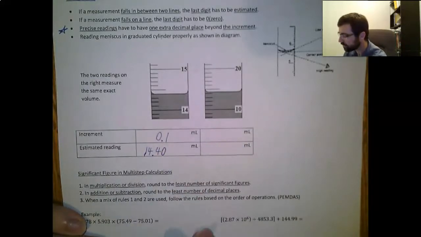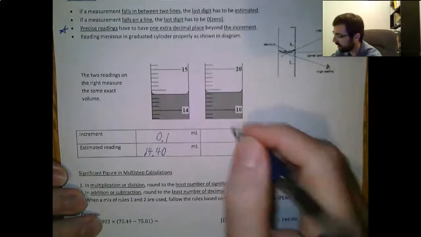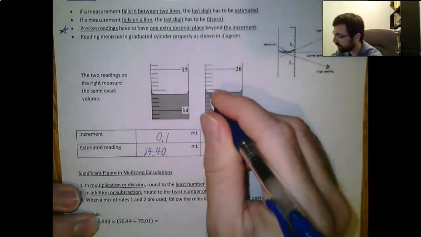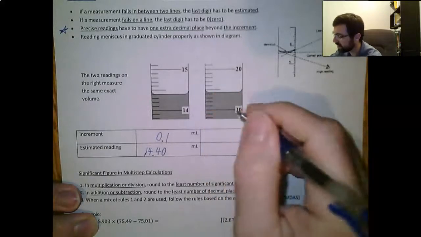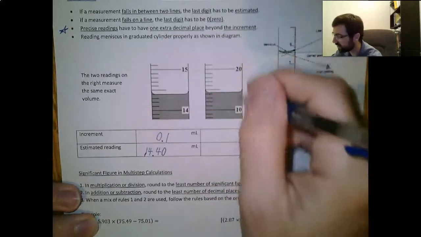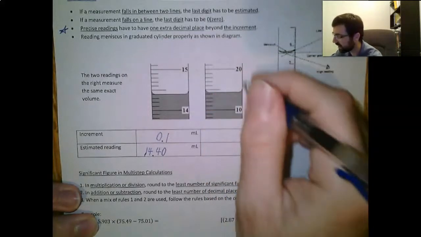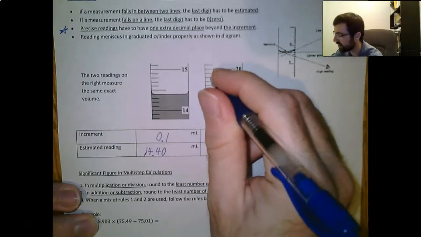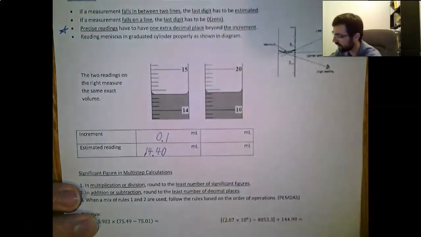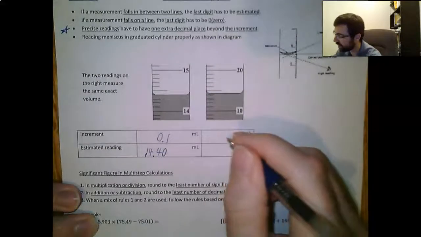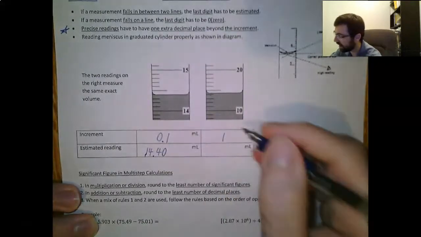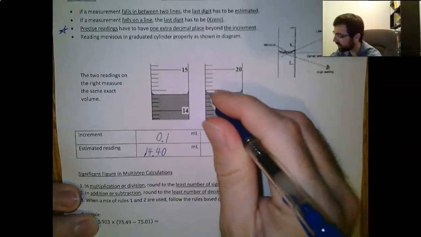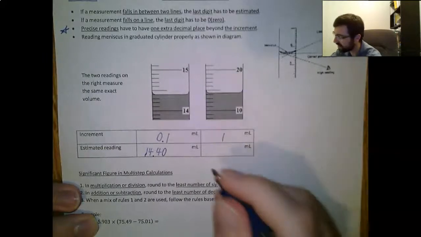14.40. All right, up here, I have 10, 11, 12, 13, 14 point something. It's because this is a jump of 10. It goes from 10 to 20, so 10, 11, 12, 13, 14, 15, 16, 17, 18, 19, and then 20. That makes sense. Okay, so our increment is 1, and we have 11, 12, 13, 14. Between 14 and 15, I'm going to say 14.4